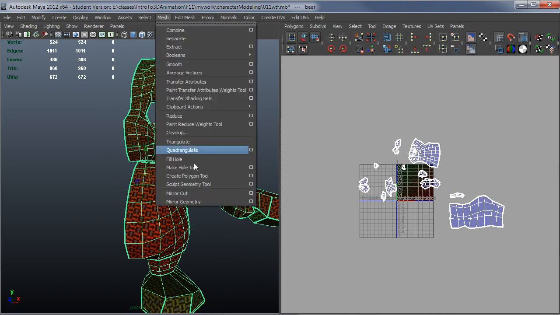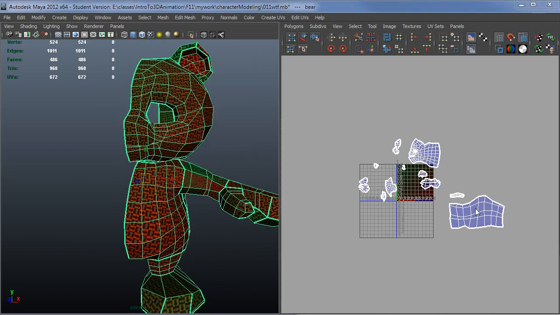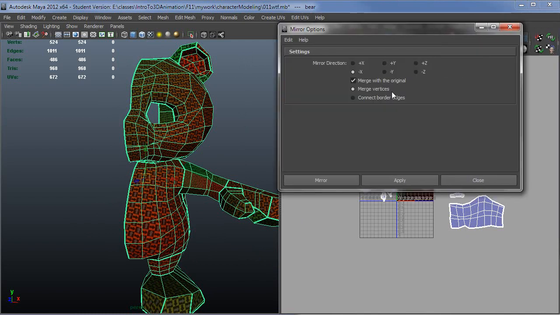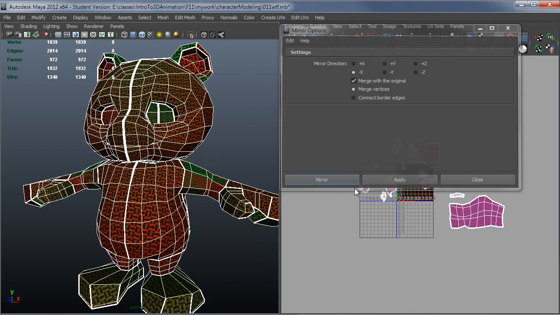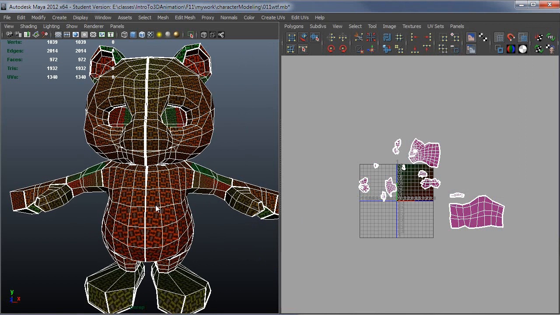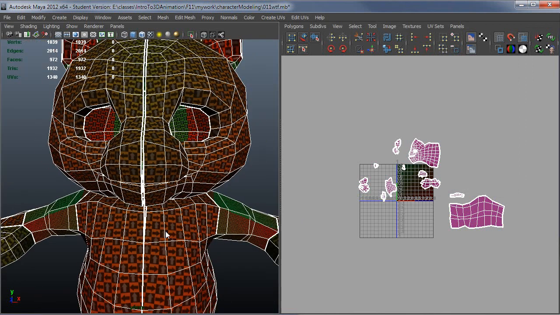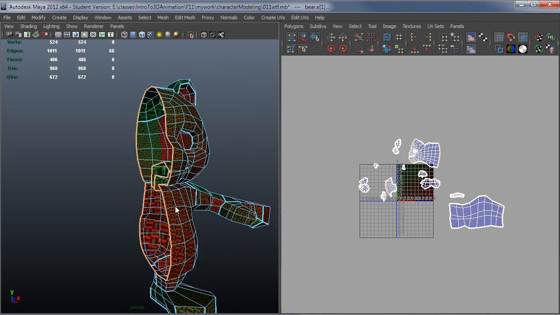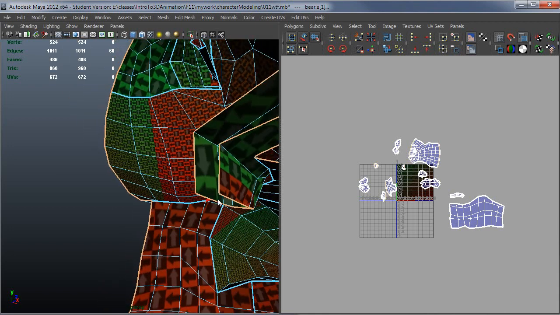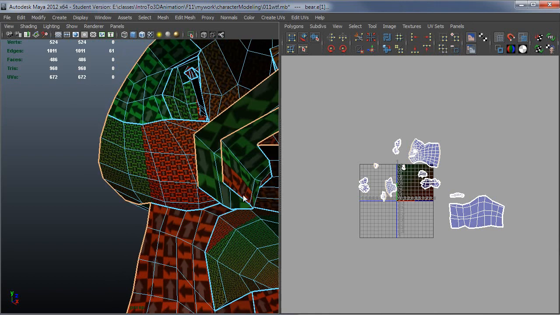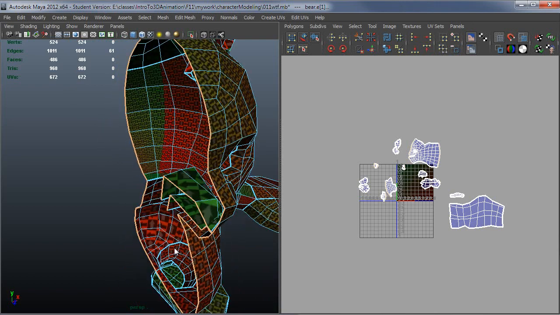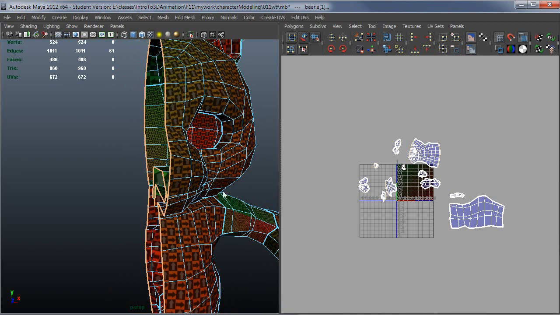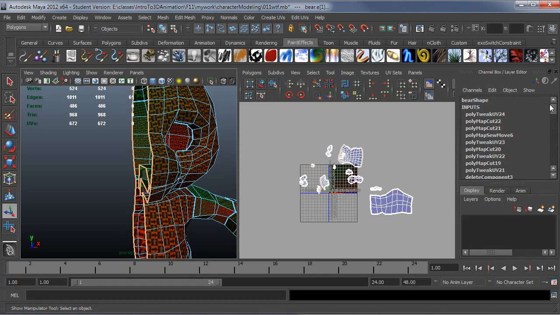So I'm going to go ahead and mirror geometry. I'm going to mirror that -x. I'm going to merge vertices. Go ahead and do it. And it looks like my mesh is not exactly aligned on center, so let me go ahead and do that. Select the center border edge here. And in this case, I don't want to select that piece. I just want everything that's supposed to be directly on the center. So go ahead and make that selection, and then I'm going to bring this back to show you over here